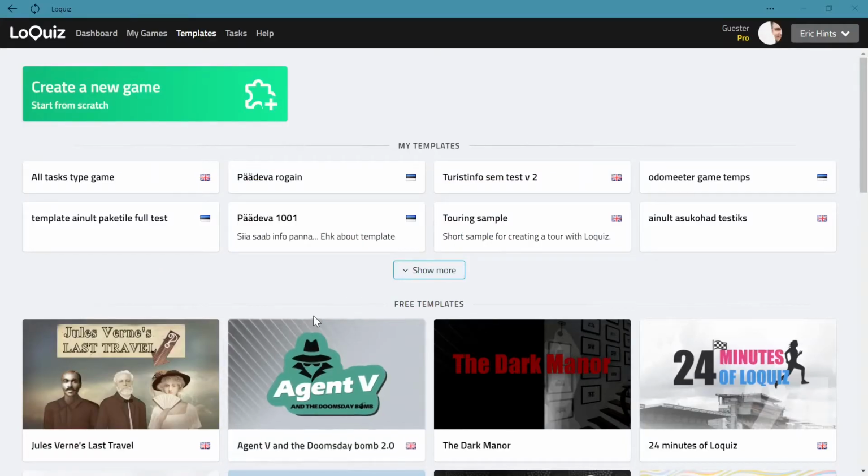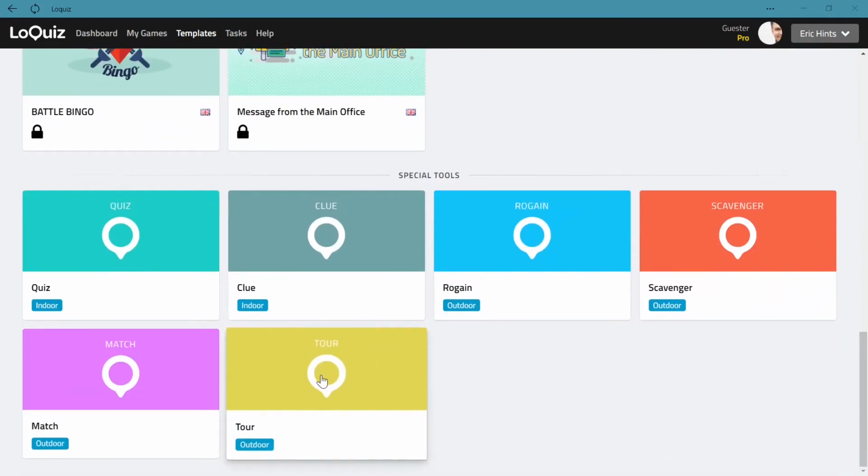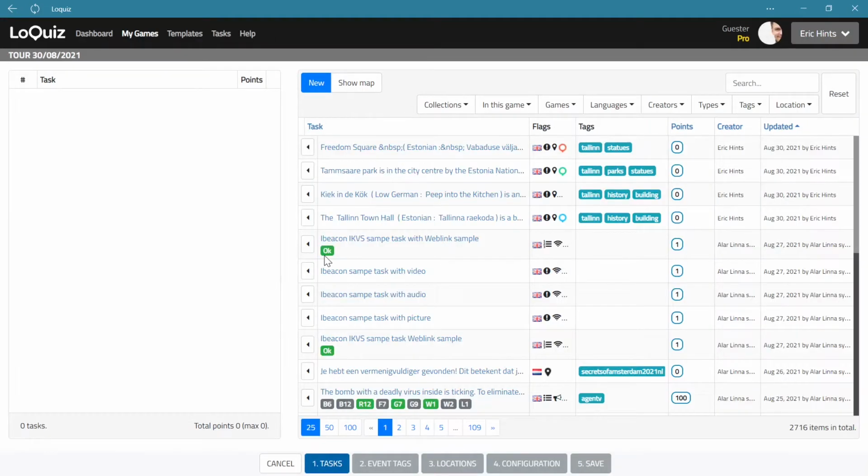Let's create a tour using Loquiz's tour tool. So we'll open the tour tool and we create a new tour. As always, the first step is to add the tasks. And I have created 4 tasks that are location specific and that have some history,